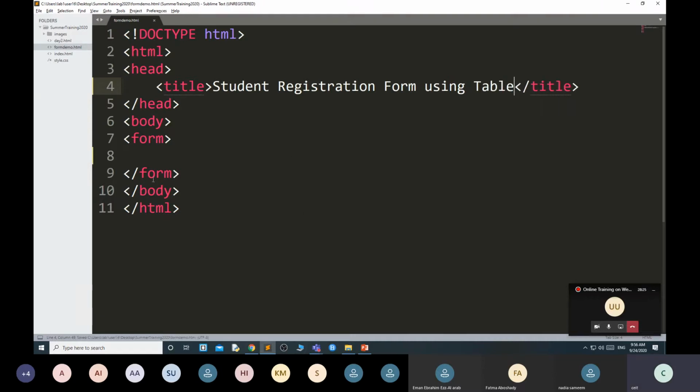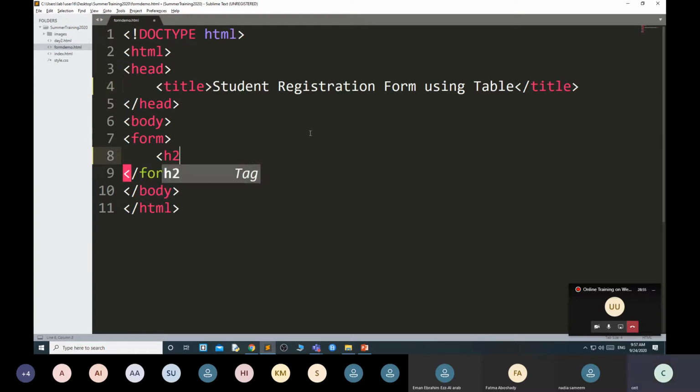What's the benefit you will get by creating the registration form using table? Your form will be properly aligned because you have rows and columns in the table. If you are not using table, then you have to align it by using CSS. Here also we will see some basic CSS, basic style, but we will design the form using table.